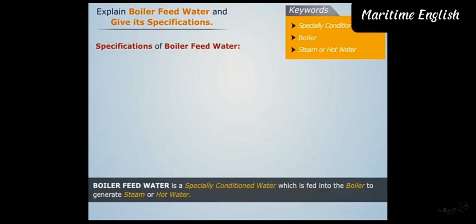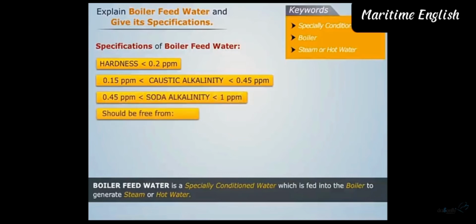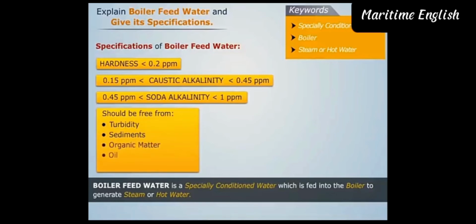Specification of boiler feed water. Before using the boiler feed water in the boiler, it should be made sure that it meets the following specifications. Its hardness should be below 0.2 parts per million. Its caustic alkalinity should be between 0.15 and 0.45 parts per million. Its soda alkalinity should be between 0.45 and 1 parts per million. It should be free from turbidity and sediments, and it should be free from organic matter, oil and grease to